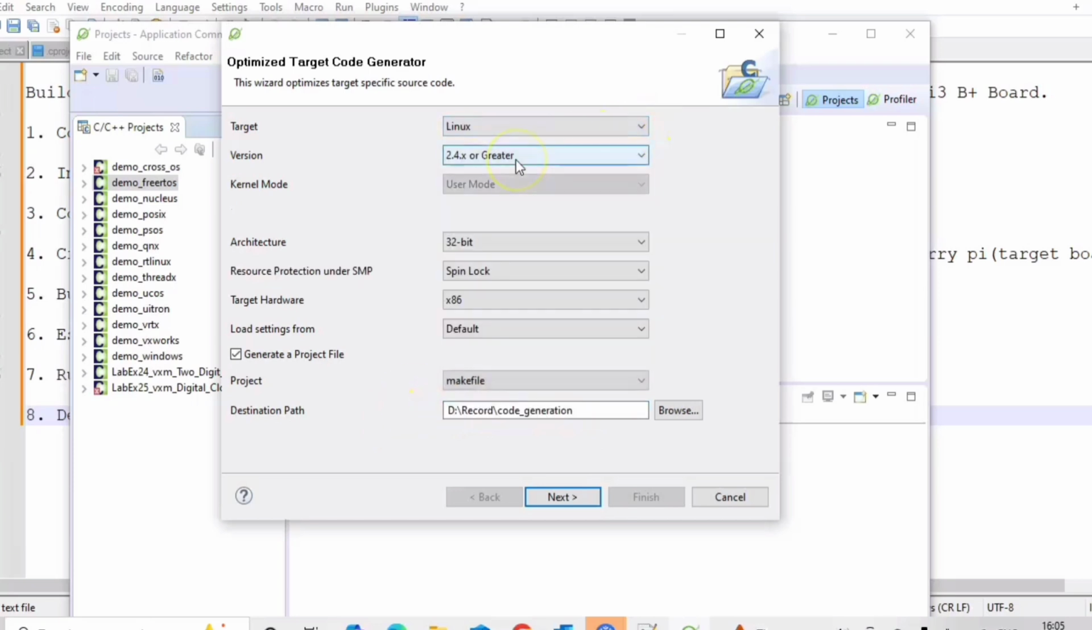Select the target as Linux and the version to be 2.4 or greater, and then the architecture to be 32-bit. Raspbian OS is 32-bit, so that's why we are doing code generation for 32-bit. And then we should select spin lock because it prevents code from overlapping, and select the target hardware to be x86 Raspberry Pi,